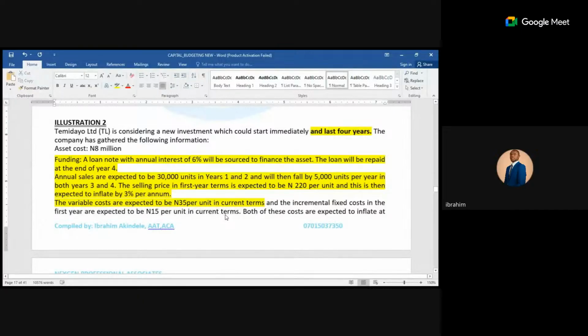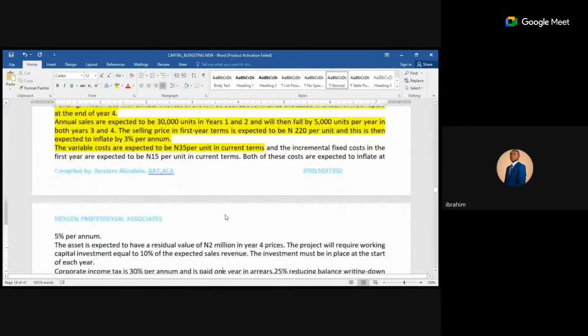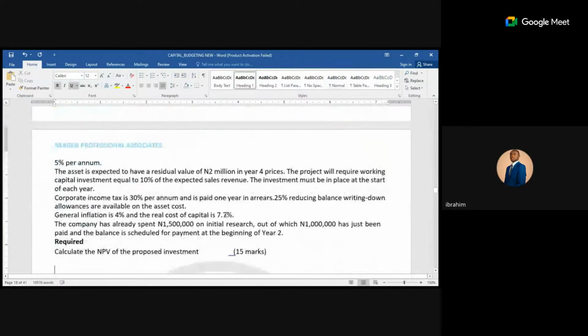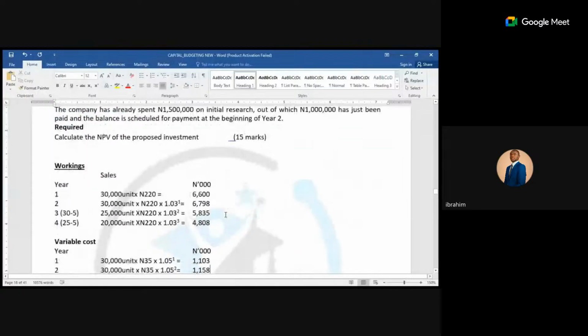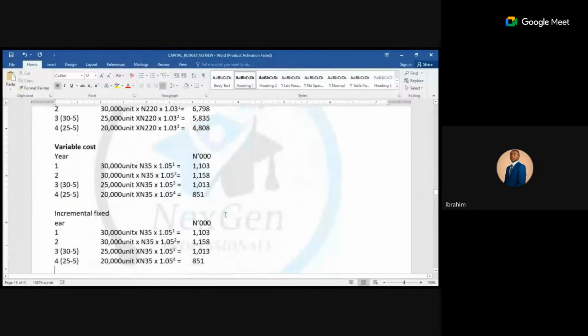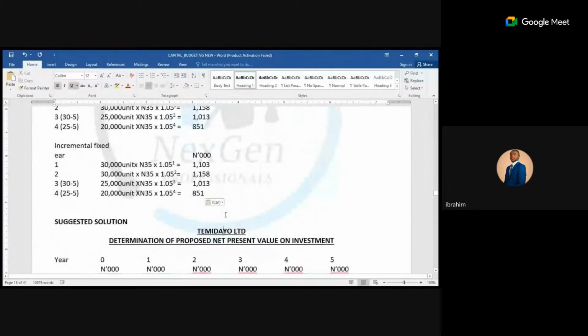So anytime you now see a term is in current term, you know that, okay, that would be year 0. Definitely after that year 0, you have year 1. So you start to inflate it from that year 1, year 2, year 3. We'll see when we solve two or three questions, you see it. I think this is the second question. Okay, so we have, what do we have here?